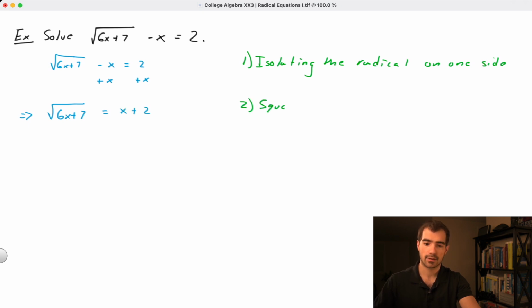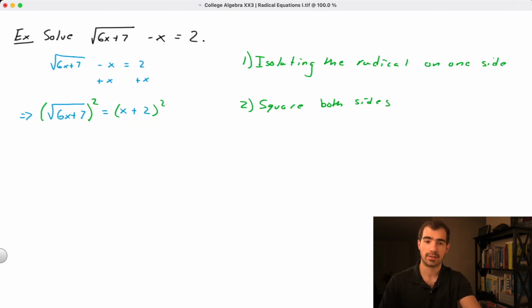Then from here, we can square both sides, and that's going to allow us to eliminate the radical from the left-hand side. So we'll take the square of the root of 6x plus 7, and we'll also take the square of x plus 2. Now it is important here that when we do this, we are squaring the entire side of the equation